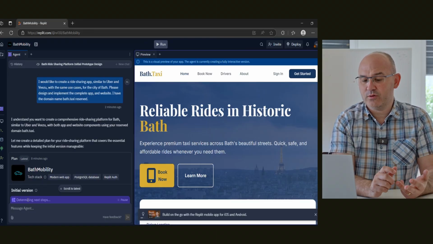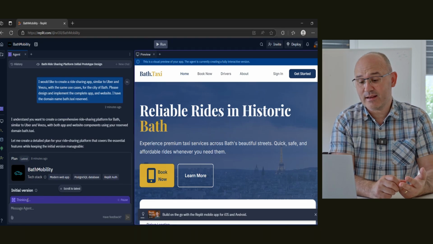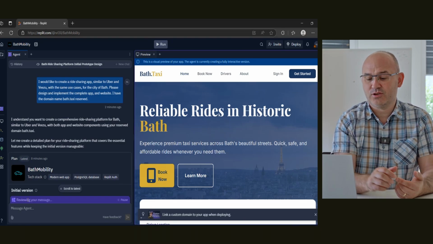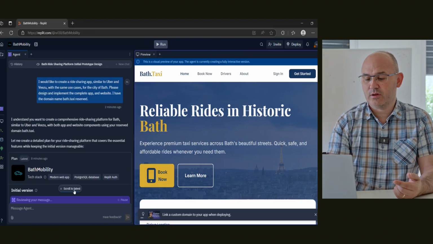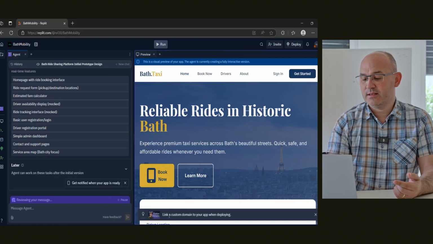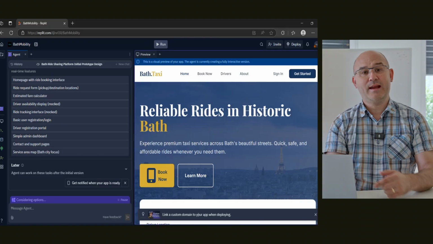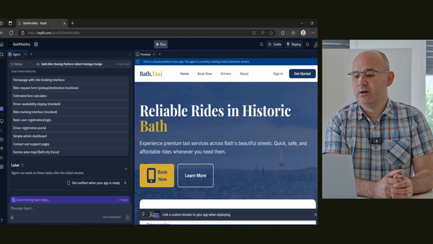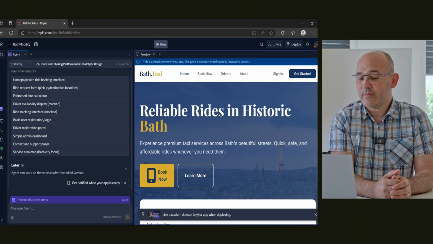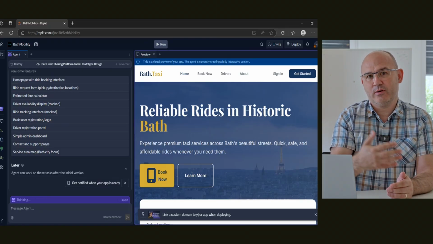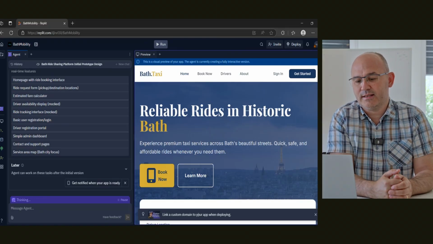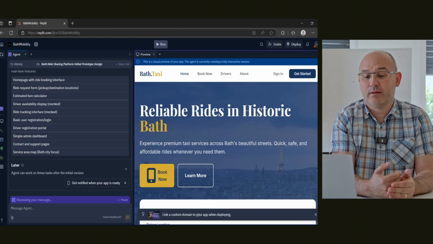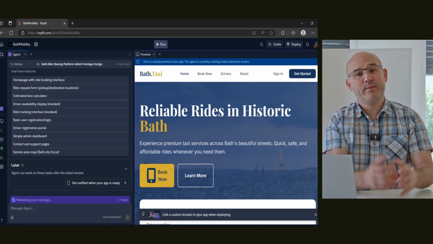It's now going to deploy its own tech stack, which is a modern web app, a Postgres database, authentication, and it's going to come up with an initial version. It's also offering to link to a custom domain, to deploy it, so that it's taking care of the deployment side of things as well. And then it's determining the next step. So this is an advanced agent that is thinking through the workflow, thinking through the design, and thinking through these use cases.